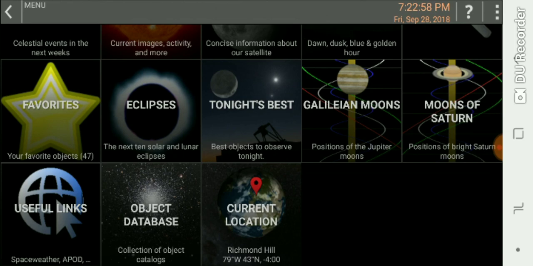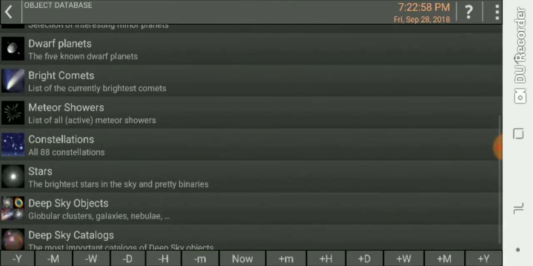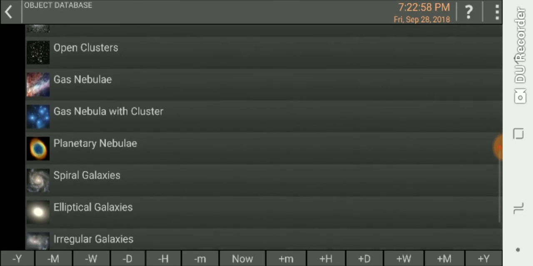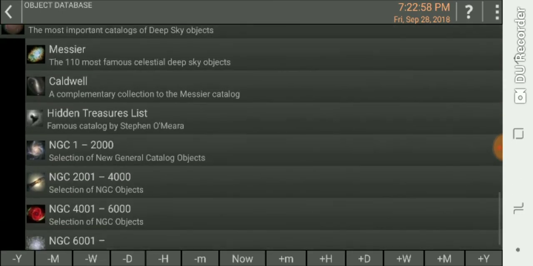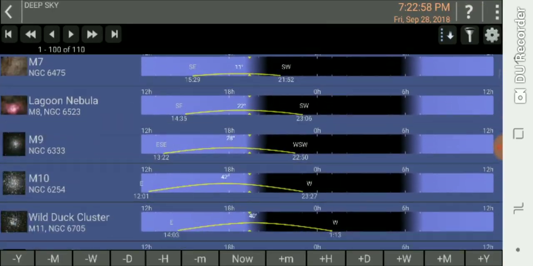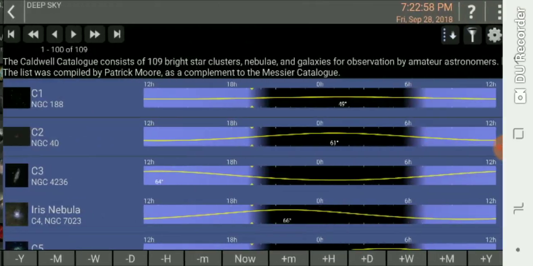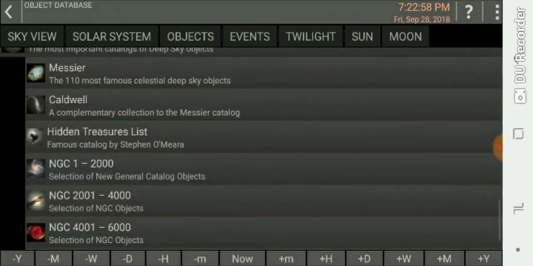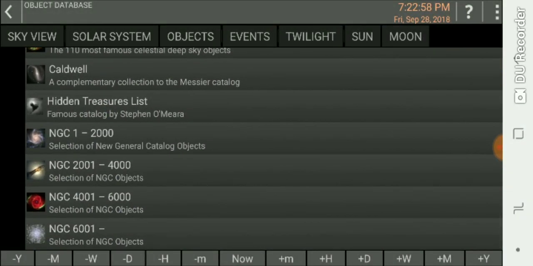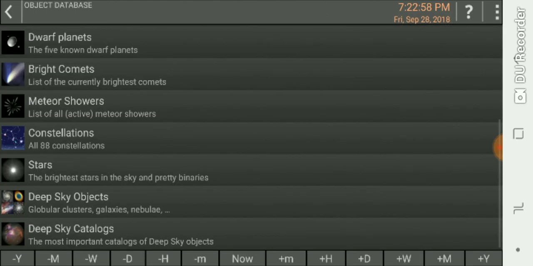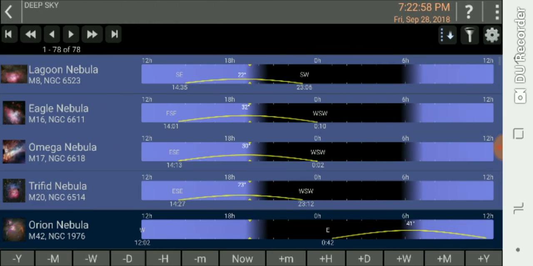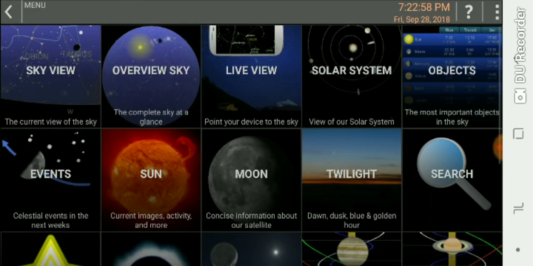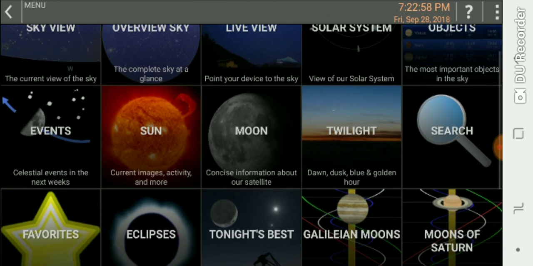And then you've got your object database, so you could find, for example, what do you want? I don't know. Let's go to the Deep Sky catalog. You've got your Messier objects. You've got your Caldwell objects. NGC, hidden treasures. Then you could sort it by, I don't know, gas nebulae. So it's all here. This is not the only tool to use. There are obviously a lot of other tools that you need to use along with this, but this is indispensable because,